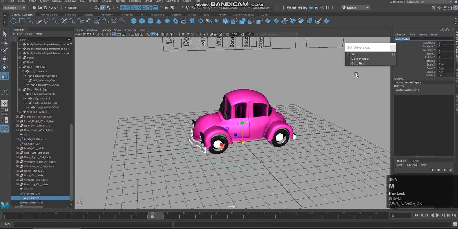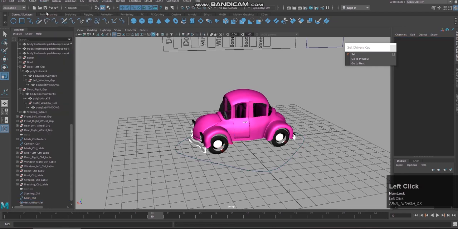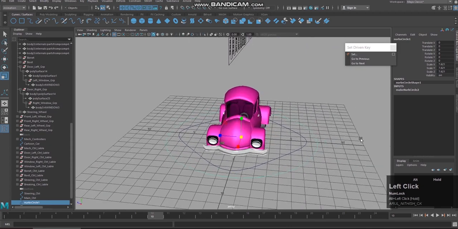It is like main control. Okay, freeze transform, then one more controller curve, which is a master controller.